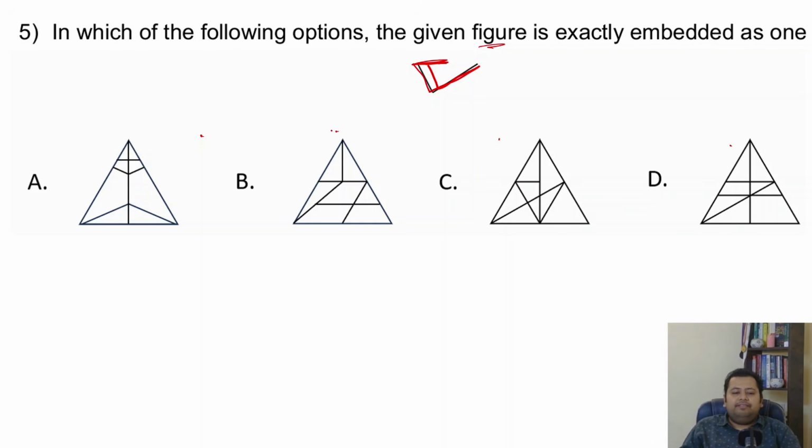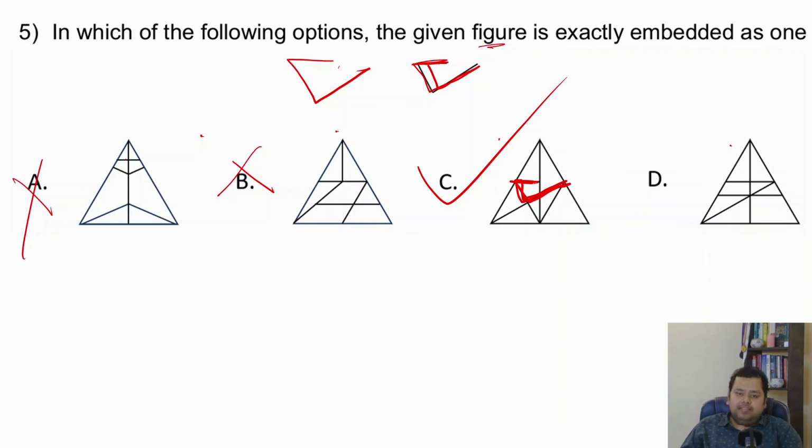Great. Again, this is a very easy one. So, do you see a figure like this in here? No, you don't see anything like this. So, option number A is not correct. Option number B is also not correct because you don't see any slanted line like this, a figure like this. But here in option number C, you see something like this, right? So, this is the one. Now you just had to find this one embedded in the figures. So option number C is your correct answer. Hope you got this one correct as well.